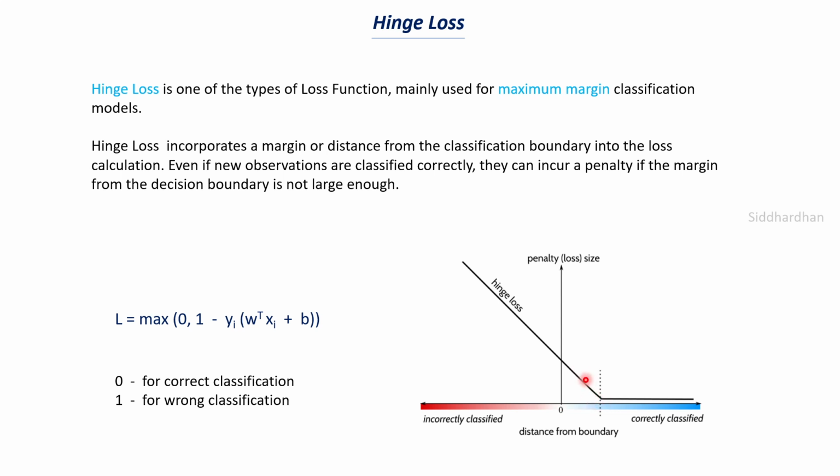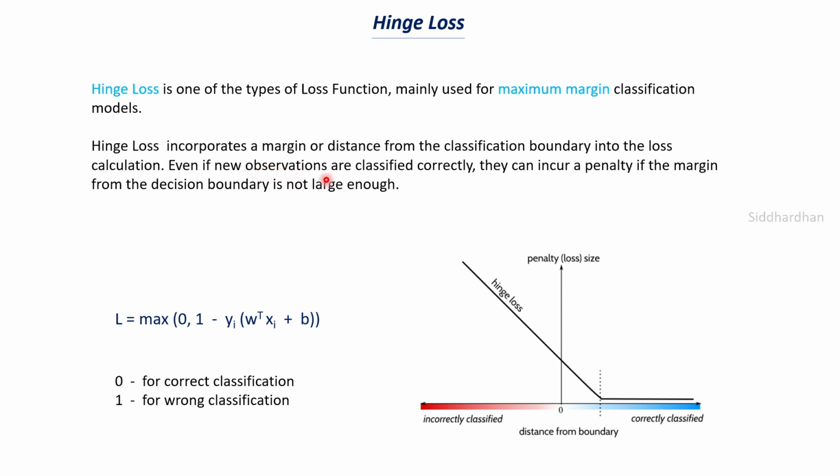Whenever your loss function is minimum, then we can say that our model is predicting correctly. So if you see the values after this point, your model is making correct predictions, and also the distance from the boundary is kind of increasing, right? So this is the positive x-axis, and in this region the distance from the boundary increases. So this basically means the model is predicting the values correctly, and also the data points lie at a greater distance from the boundary. So that is what is mentioned here.